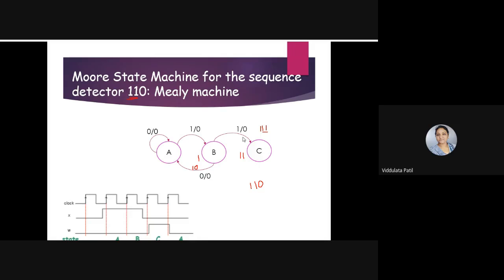ओके, पण जर तुम्हाला सिक्वेन्स 1 मिळाला असेल तर मात्र तो नेक्स्ट स्टेटला जाणार आहे, सी स्टेटला जाईल. आणि या स्टेटमध्ये जर तुम्हाला 1 मिळालं तर तो परत त्याच स्टेटमध्ये राहील, कारण तुम्हाला आतापर्यंत 1 1 चा सिक्वेन्स मिळाला होता, त्यामुळे तो परत त्याच स्टेटमध्ये राहील. पण जर तुम्हाला 0 चा सिक्वेन्स मिळाला तर मात्र तुम्हाला टोटल सिक्वेन्स मिळाला आणि त्याच्यामुळे तुमचं आउटपुट हे हाय जाईल